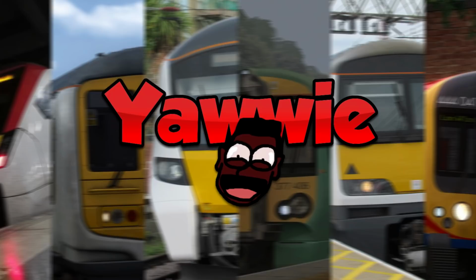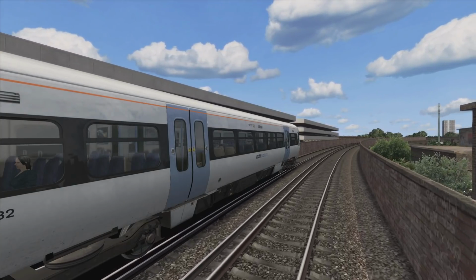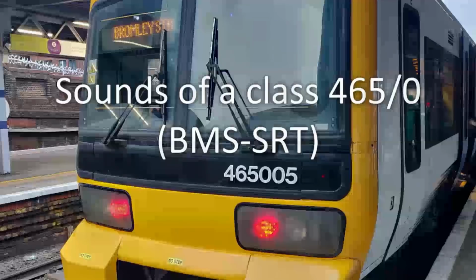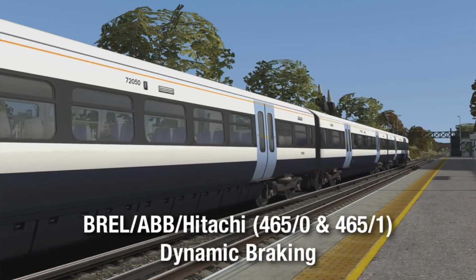Plus another thing, have a listen to the motor cutting off power. I mean, I hate to be the really picky one here, but the whine cuts out too early. I say that because you can normally hear the whine drop all the way down in pitch when power is cut. Not to mention that the dynamic braking sounds on this are also...